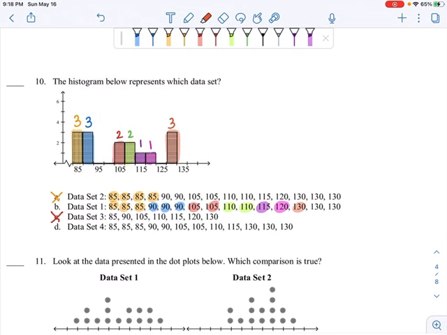We can take a look at D just to make sure. 1, 2, 3 85s, which looks good. And then actually only 2 90s, so that is why D is incorrect. So our answer is B for number 10. For number 11, it says, look at the data